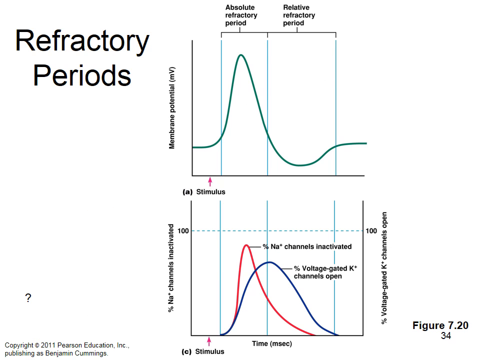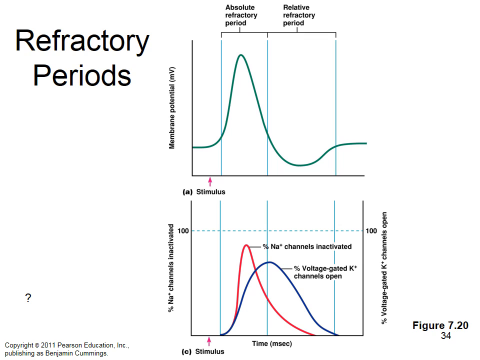Look at them in a figure. Right here we've got our friend, the action potential again. Okay, we're just showing a single one at this point. We got membrane potential. This would be minus 70. This would be positive 30. Right? And here the blue lines are showing where is the absolute refractory period versus the relative refractory period. Okay? And in this bottom figure, we have the percent of sodium channels inactivated versus the percent of voltage-gated potassium channels open. So the red line versus blue line are showing us different things.